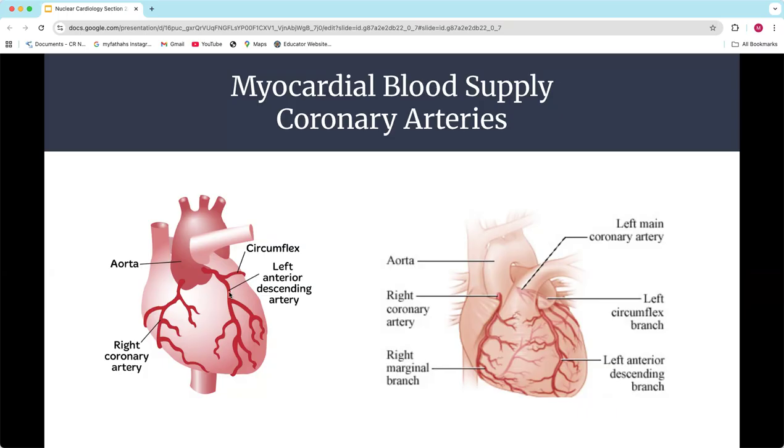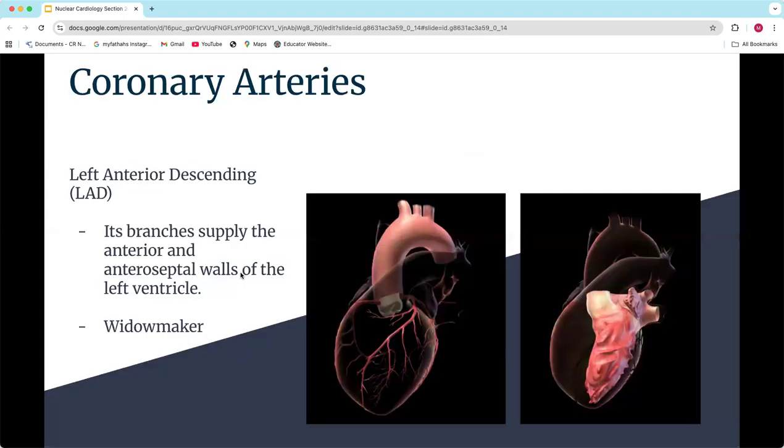It's really the LAD again when we're talking about that whole left ventricle. But as you can imagine, if you lost your left main, then it's going to cut off the LAD and it's going to cut off the circ. So certainly a huge problem there. And I've actually seen a couple of different sources and textbooks that have said the left main was the widowmaker or said the LAD. I wouldn't worry about it too much. But when you hear people talk about the widowmaker, they're likely referring to the LAD.